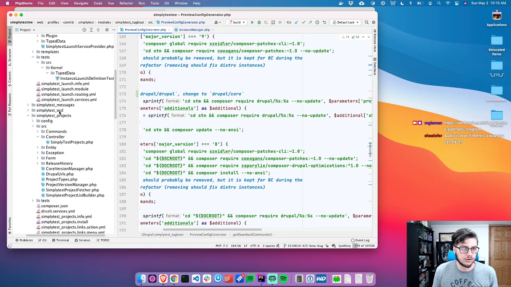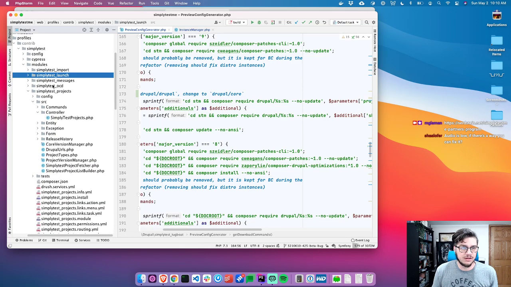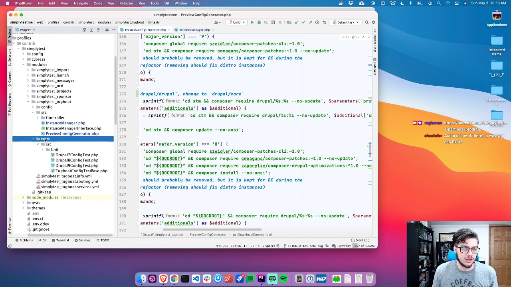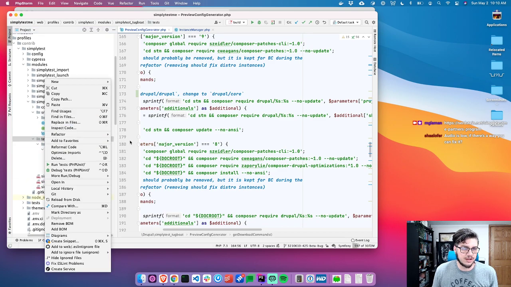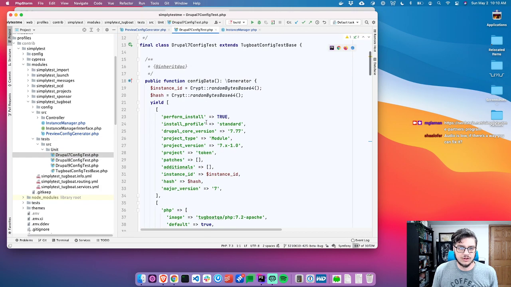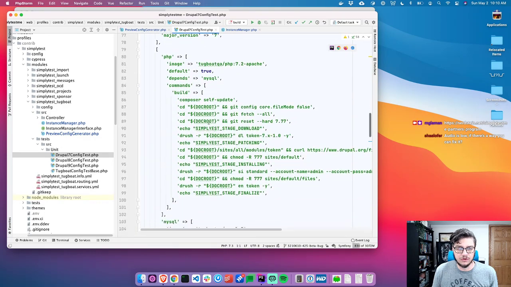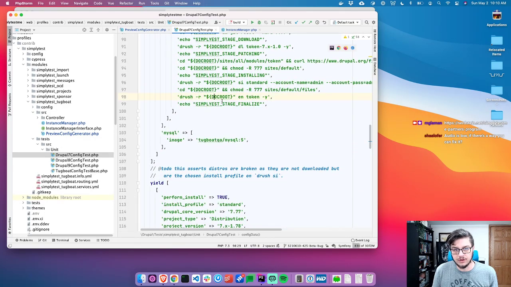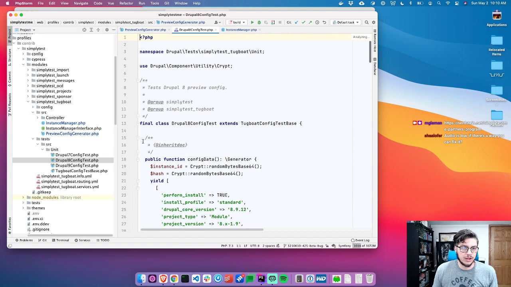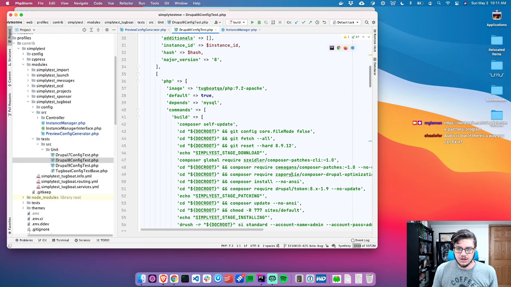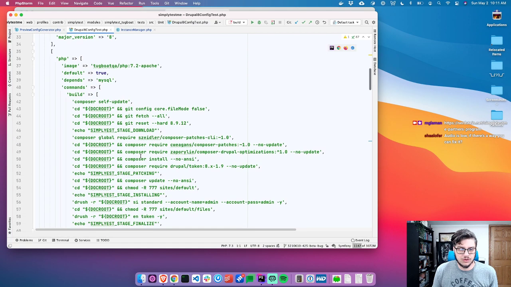So let's go collapse some of these, and let's run the tests. We have unit tests. So the unit tests take mock instance data and assume what the build would be that's sent to Tugboat. So what we actually need to do is for Drupal 8, how does Drupal 8 work again? Do we